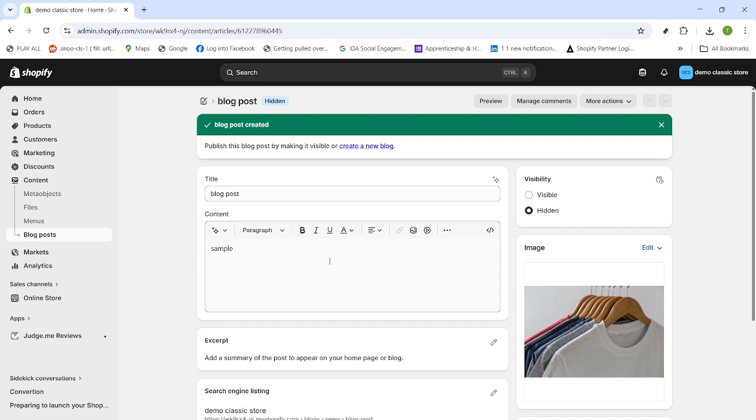That's it. Create your post, set visibility, add images, assign the right blog and template, then save. Repeat this process consistently, and your Shopify blog will become a powerful